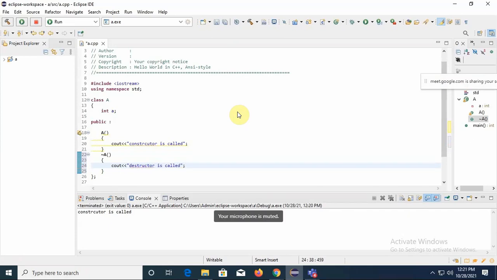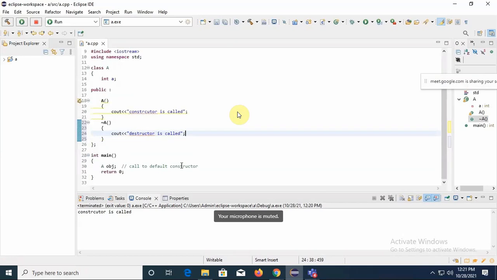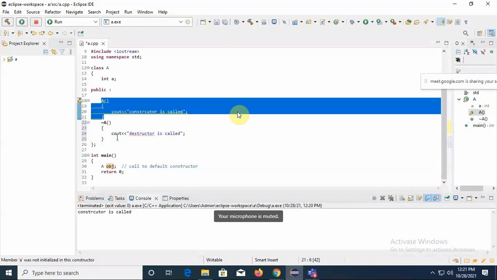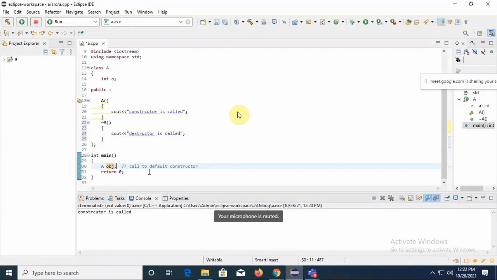Fine. Now there is no specific calling for constructor and destructor, but it will get called here only. So when you wrote this statement, from here the control is passed to the constructor. Immediately this is executed and the control is coming out. Then the compiler control will come to the next line. Next line is return 0. That means the compiler knows that the scope of OBJ is only up to here. OBJ's scope is going to end here because return is the last statement inside this module, right? So here the scope of OBJ has ended.